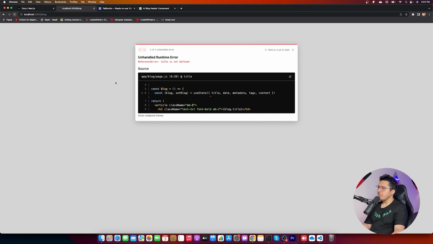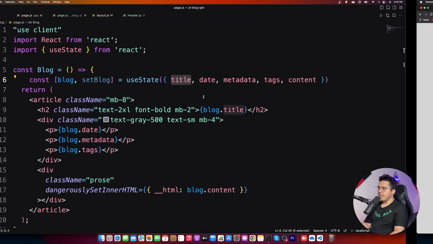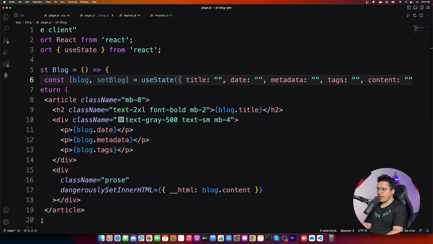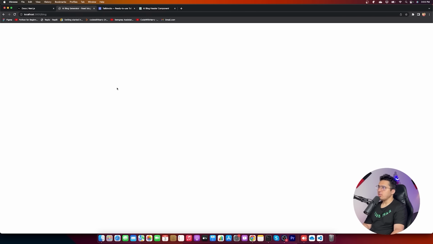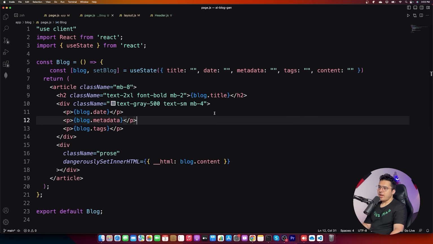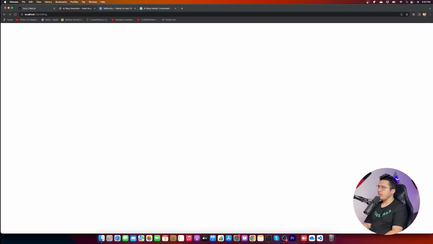Let's see what happens. It says the title is not defined, and this is because we don't have any title variable. So let's do one thing. Let's give it a default value of a blank string, and now this component should load. Let's reload. Let's see what the error is. There is no error, but since there is no title or anything, it is not showing me anything. If I say title here,